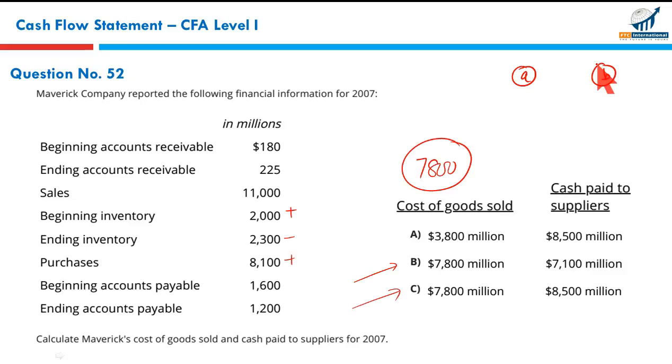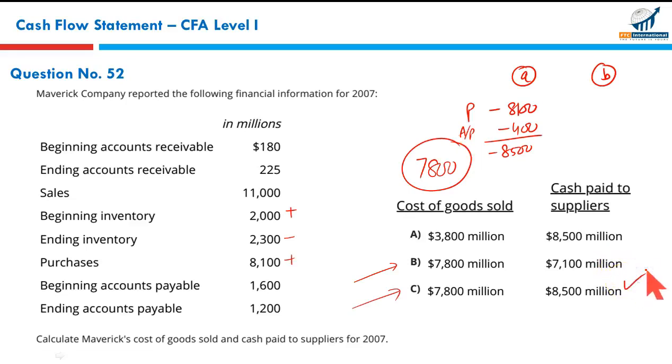Cash paid to suppliers. The first thing we can do is take simply purchases, that is negative 8,100, and see there has been a decrease in accounts payable. Purchase itself is a negative number representing an outflow from operations. If the accounts payable have also fallen by 400, it means we would have paid that. So the cash paid to suppliers is $8,500. This is one way of doing it. You take purchases and you take the changes in your accounts payable.